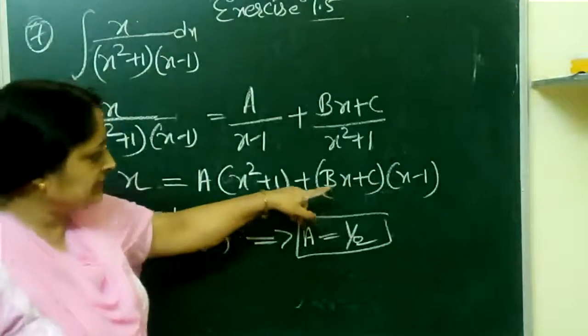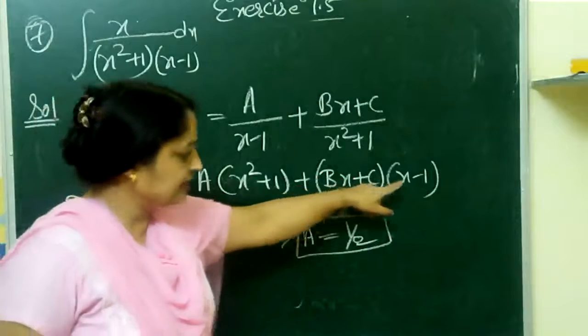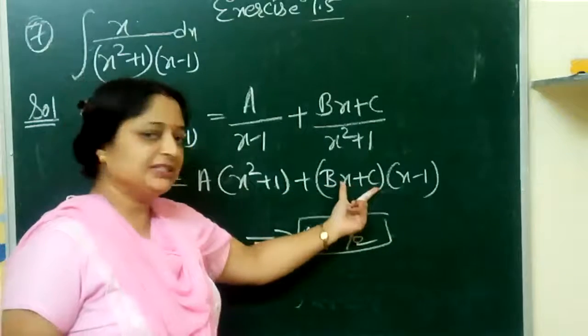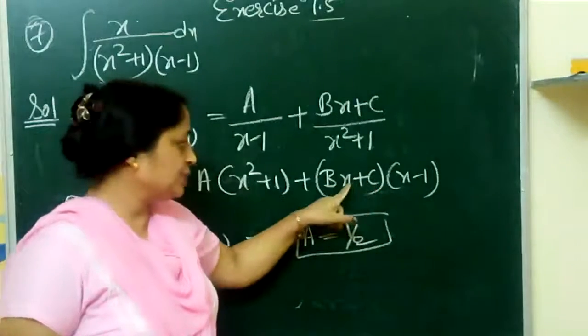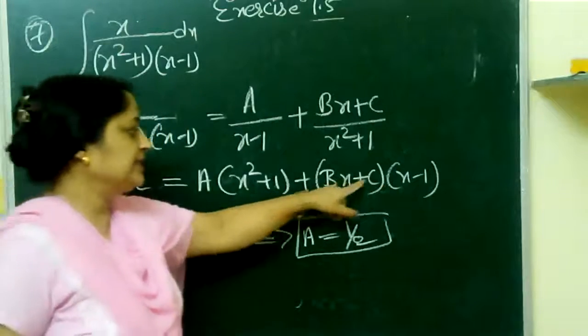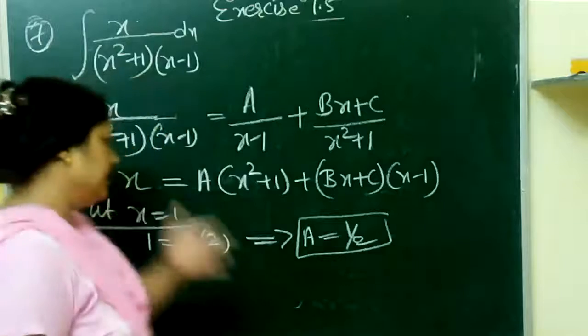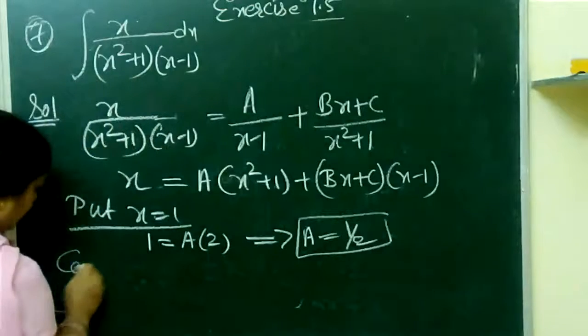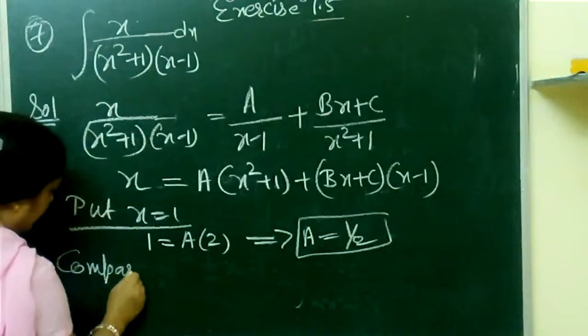So here you can see b is bx into x. It means it is the coefficient of x square. When we open this bracket, what will come here? bx into x, bx square. So comparing the coefficient of x square,